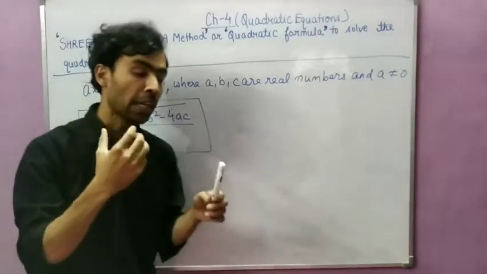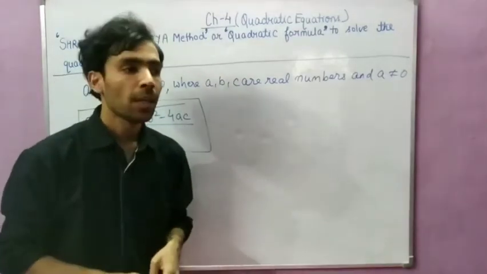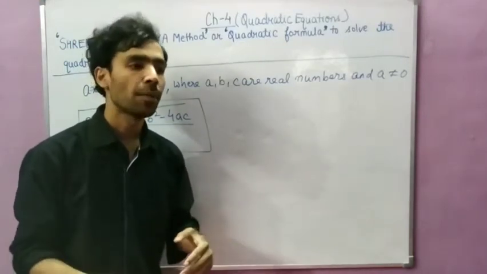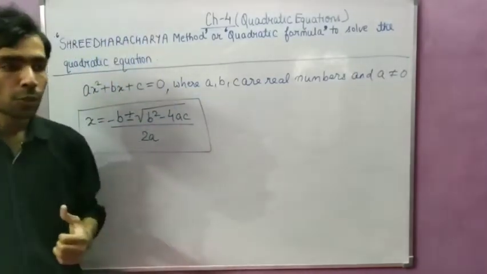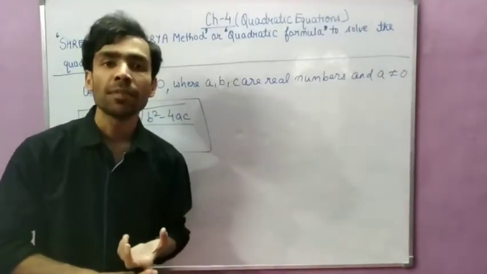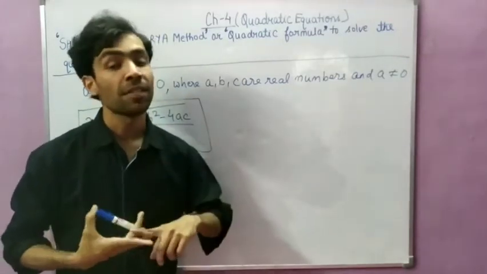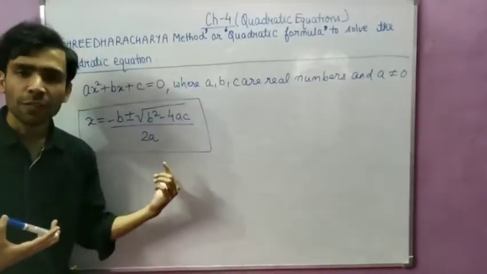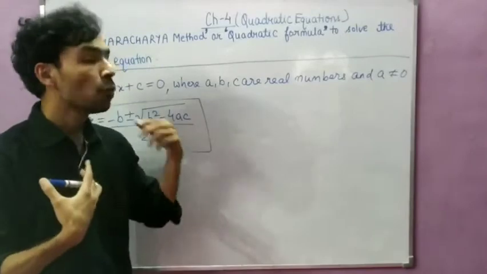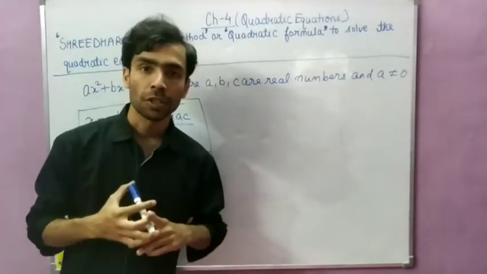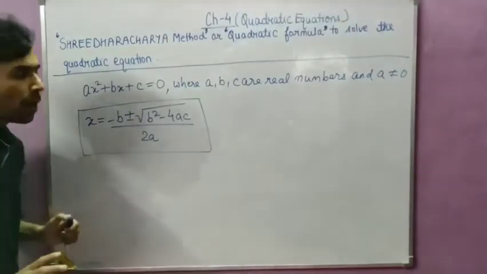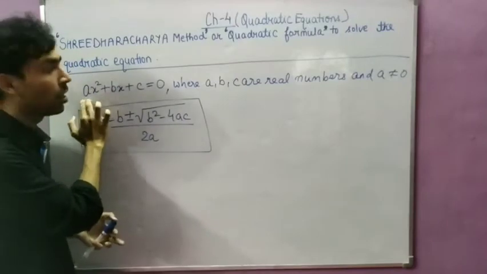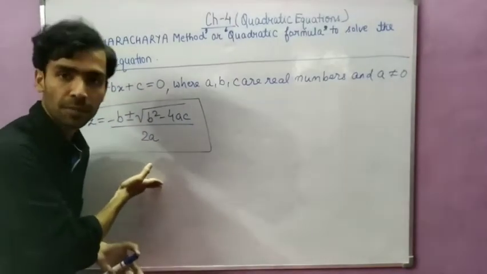Suppose a quadratic equation is given and you have to solve it. There are three methods: one is the factorization method, second is the completing the square method, and third is this method. In the factorization method, sometimes we can do factorization and sometimes we cannot, so in that case we face a problem. But by using this formula you can find the roots of any type of quadratic equation. So just remember this formula, and if you want to know how it comes, when you apply the completing the square method to this equation, you will get the value of x this much only.